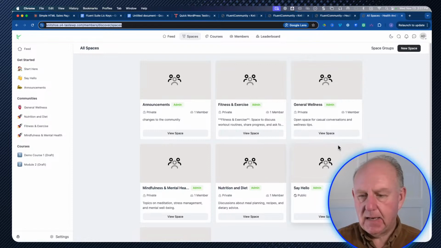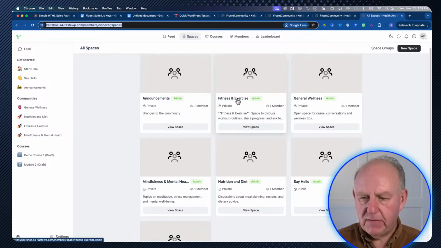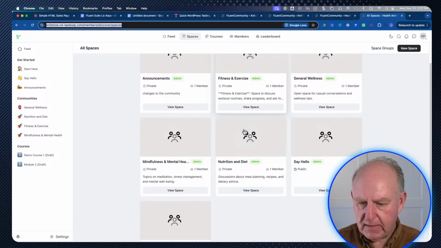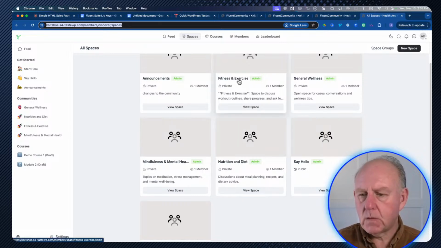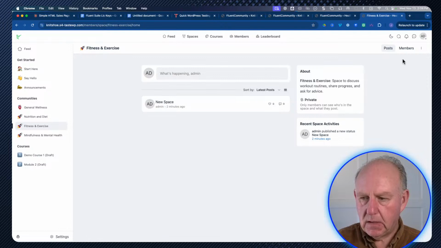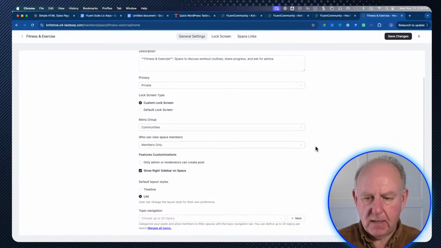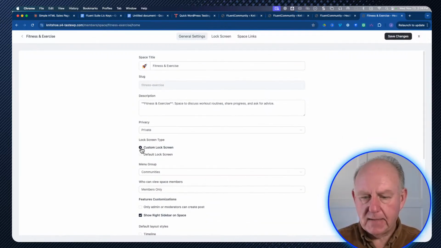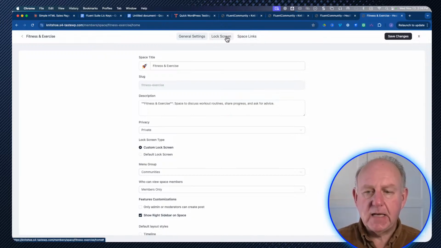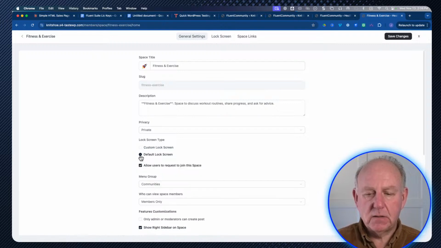So let's go and we'll get rid of that one here. And we'll go back, and I did the private one. Did we do fitness and exercise? Private, private. I think I did private. Let's open this one up, and I'm going to go to the right-hand side and edit the space settings. What did I have then? Default. I'm going to do custom lock screen just so I can. So when I do that, I want you to take a look at the top here where it says lock screen. If I do custom, lock screen shows up. If I do default and I save it,